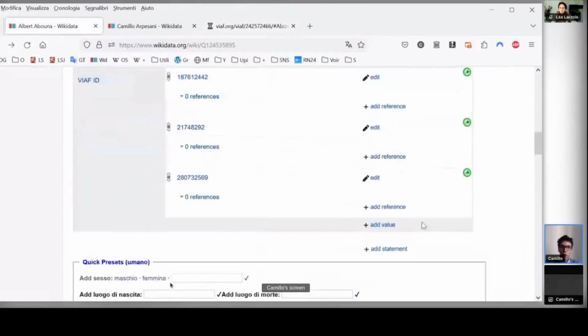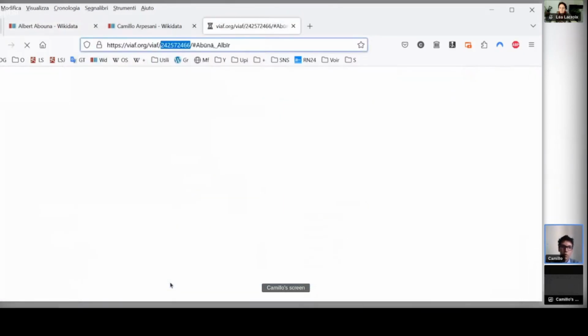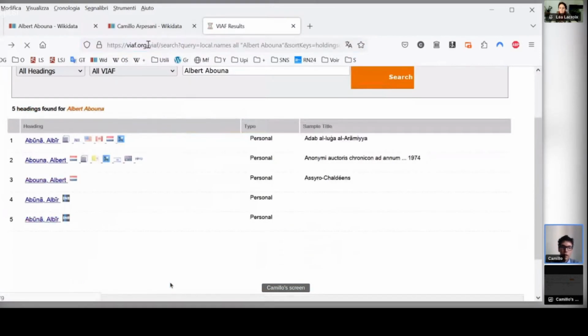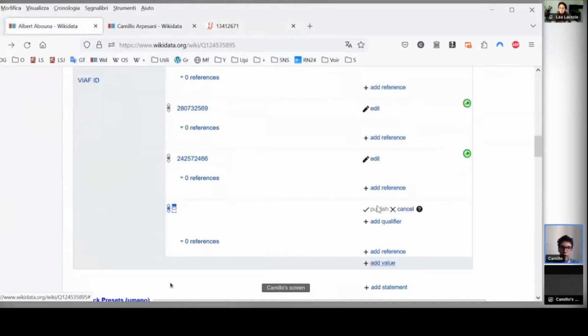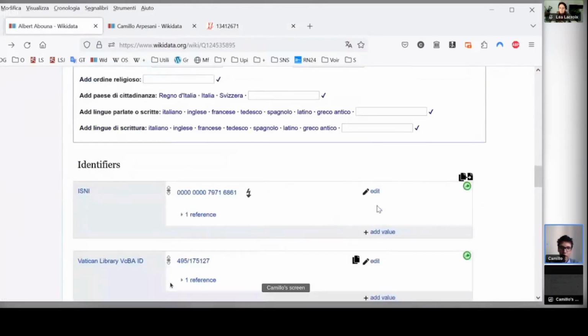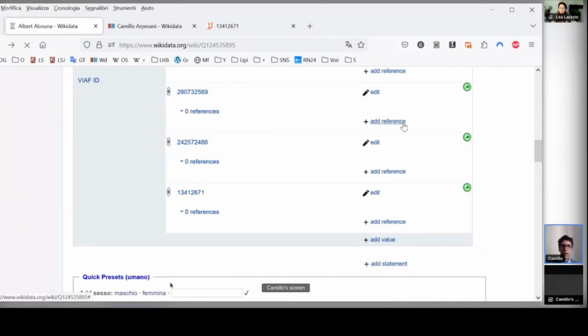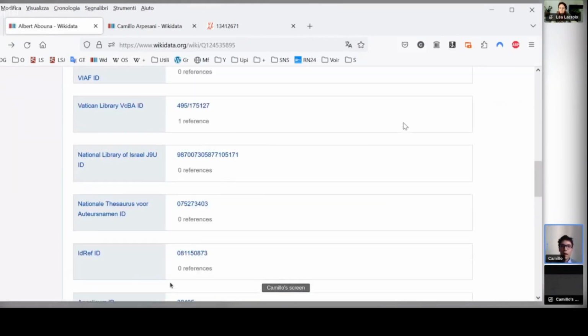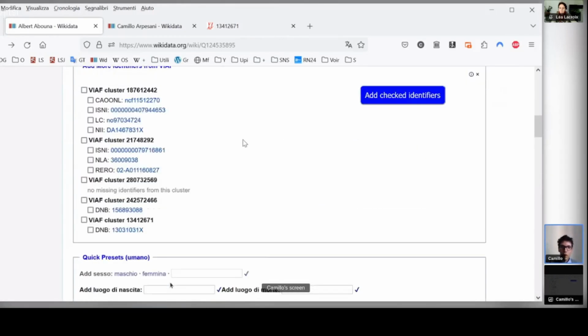So once you have copied all the clusters to the Wikidata item, you just have to reload the page, which I will now do. So I have all the 5 clusters, and by the way, this is not the correct format, so I will remove it and then re-add. So now I have the 5 clusters, and more identifiers loads here, and you see the options to add all these